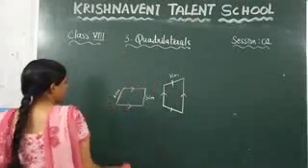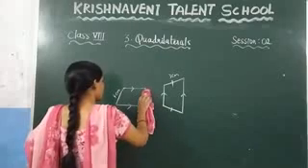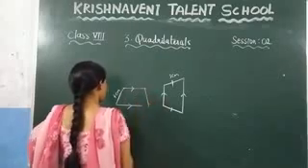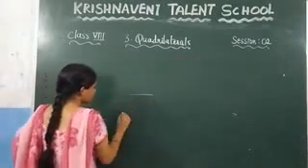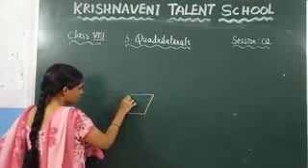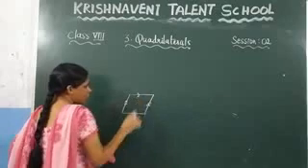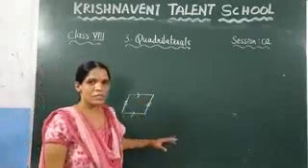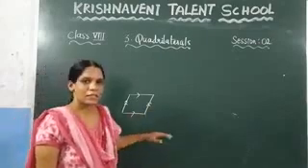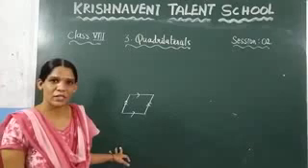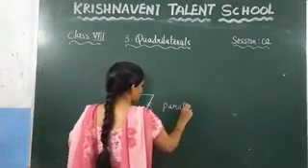What is meant by the parallelogram? In a trapezium one pair of sides are parallel, but in a parallelogram, two pairs of sides are parallel, right? So that one we call a parallelogram. So if you consider this one, here this side and this side are parallel, and this side is parallel. So here you can observe that two pairs of sides are parallel. If two pairs of sides are parallel, then we get the second type of the quadrilateral, which we call a parallelogram.